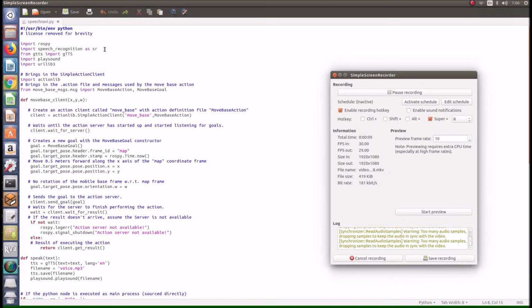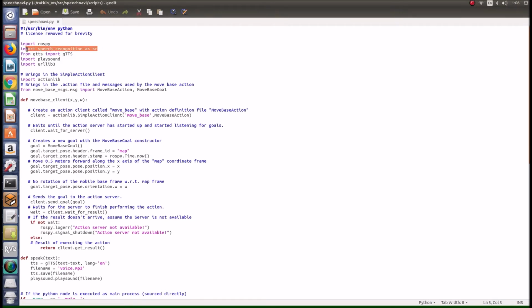For this task, we need to build a robot that is able to recognize speech from the user, move and do the task given by the user, and after that play sound to reply to the user.